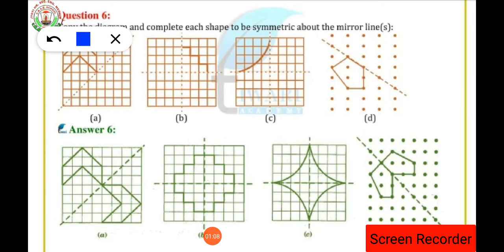In this question, the A part of question number 6, the answer is this one. What is given here? An incomplete diagram is given. We have to complete the diagram by drawing the line of symmetry. So here two lines are being drawn like this. The two boxes are given, isn't it? So in these two boxes, what do you have to do? You have to draw a diagonal line. This one is called a diagonal line, which takes the half part of the box.